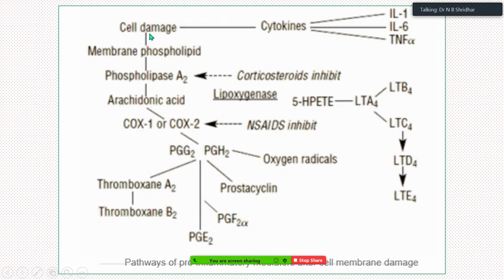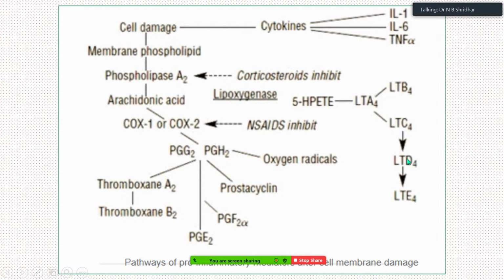So whenever there is cell damage, once again the membrane phospholipids are released with the help of phospholipase A2. The corticosteroids also inhibit phospholipase A2 and they reduce the pain. Phospholipase A2 acts to give arachidonic acid, and cyclooxygenase 1 and 2 lead to PGG2, PGH2, then the prostacyclins, PGF2 alpha, PGE2, and PGG2 is converted to thromboxane A2 and thromboxane B2, and all these are inflammatory mediators. Apart from this, leukotrienes are formed: leukotriene A4, leukotriene B4 and C4,